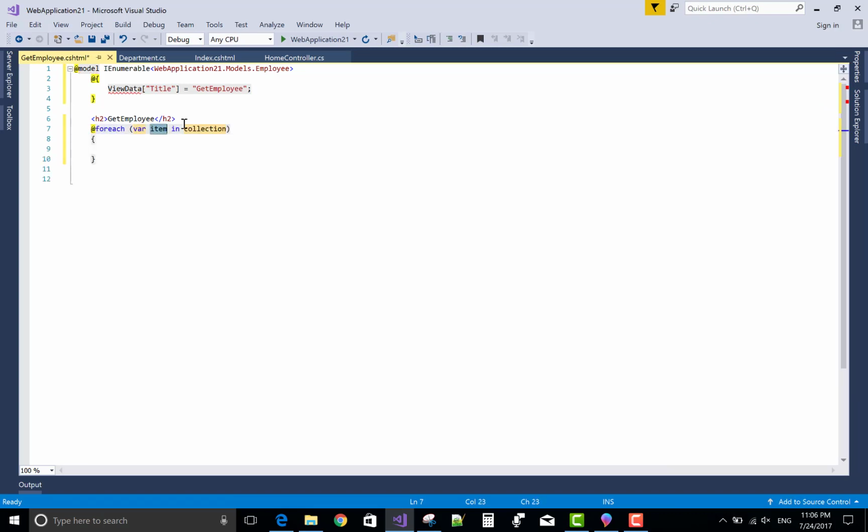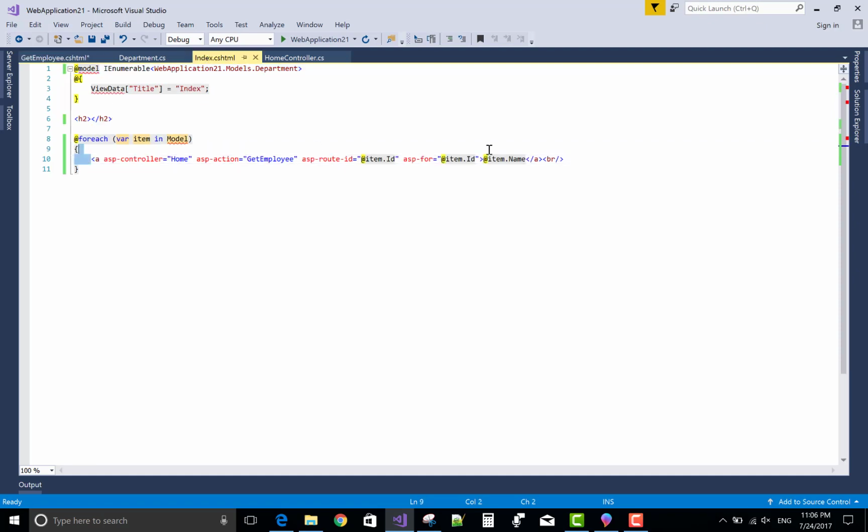Now use a foreach loop for your employees to iterate all the employees in the model, and get the name of the employee in the hyperlink.